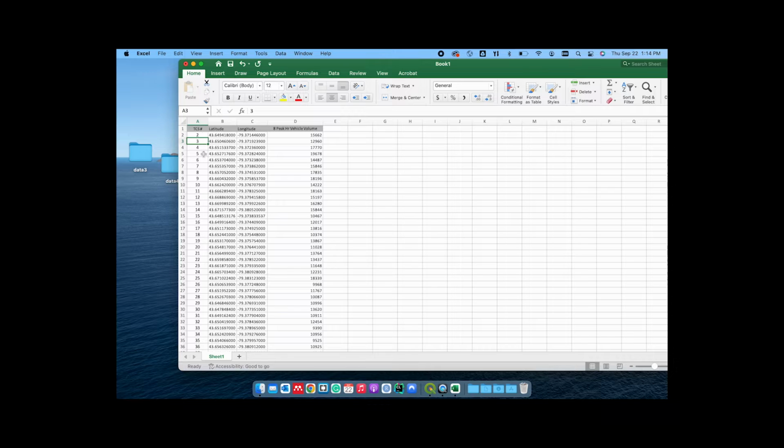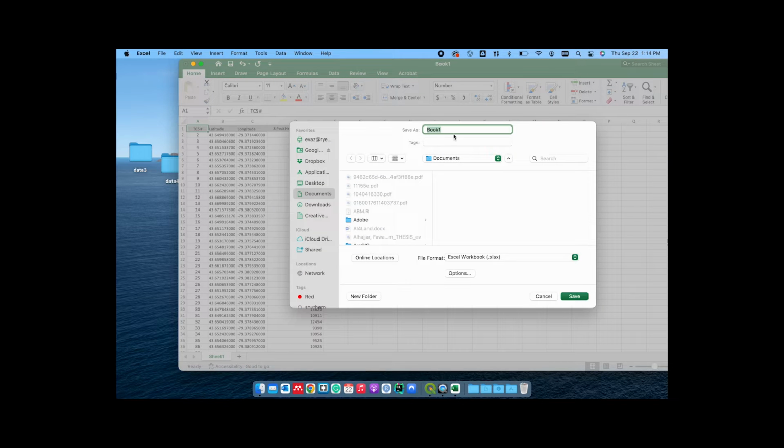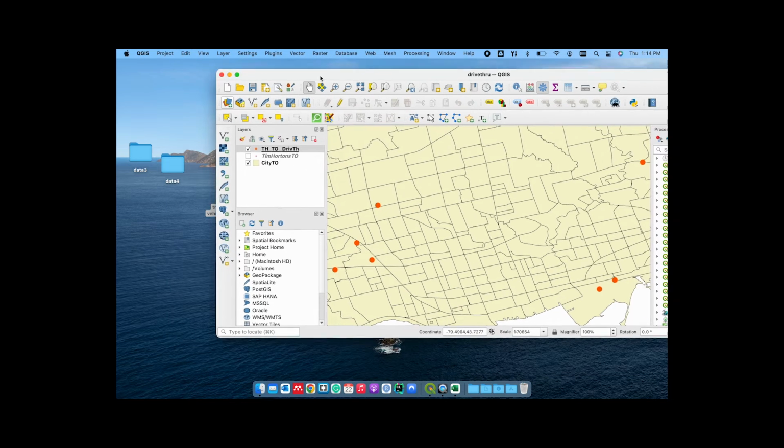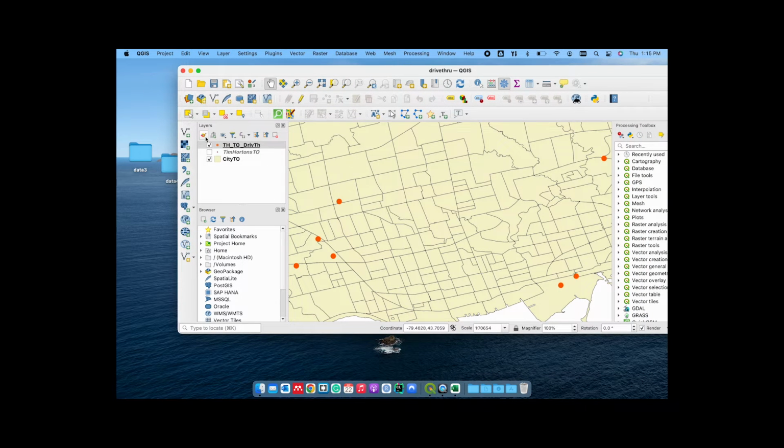and you've got your headers there. So you've got TCS, latitude, longitude, and peak hour volume. Save as, and let's call it traffic density, and let's put it in our lab directory where we're working from. So that would be, in my case, data 4, and save it. Okay, once you've saved it,